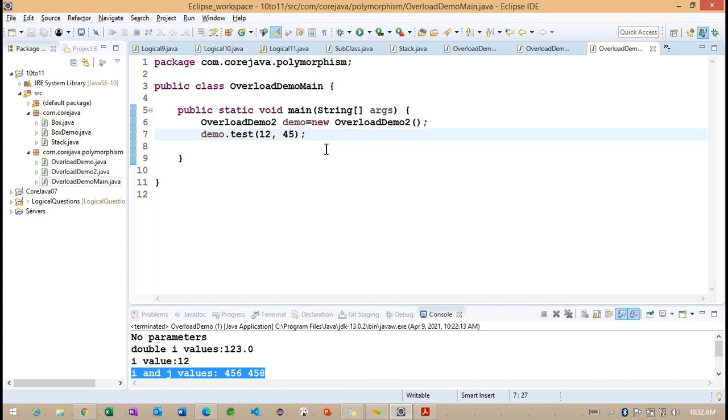Double is the bigger data type; compared to int, double takes more space. Getting the point. So even though we specify the bigger data type but pass smaller data type values, what happens internally is that implicit typecasting is performed.